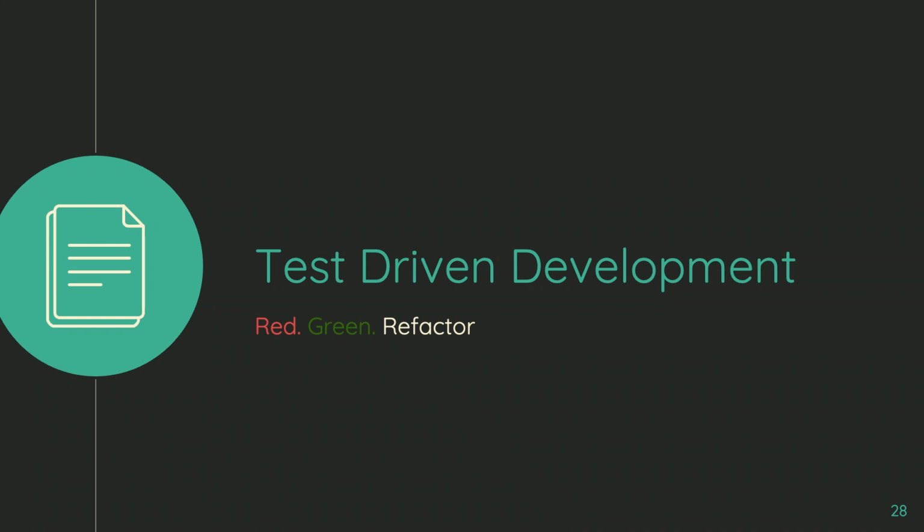Yes? The one place where I always use test-driven development is when I'm fixing a bug. Start by writing the test. Exactly, yeah. So, one thing you want to do is, when you uncover a bug, try to reproduce it with a test first, and then fix the bug, and then get back to green. And so yeah, you can do it with bug fixes, but you can also do it with features.